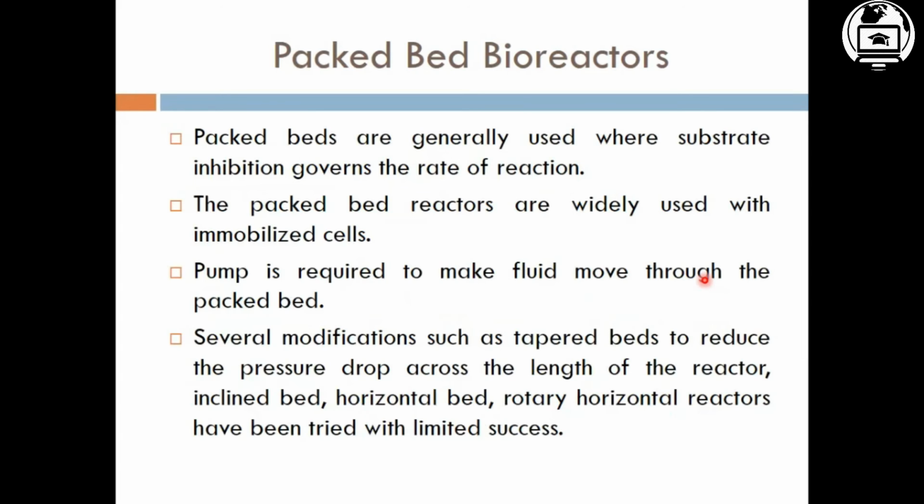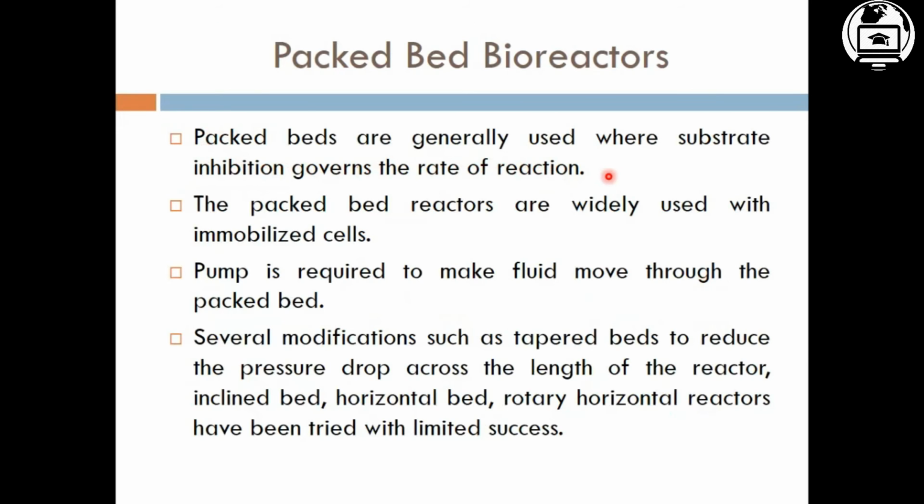So they are generally used where substrate inhibition governs the rate of reaction. ज़्यादातर इसको उस वक्त यूज करते हैं जब जो आपका सबस्ट्रेट है ना वो किस तरह काम करता है, इनहिबिशन करने से रेट ऑफ रिएक्शन बनता है। ठीक है, कुछ सबस्ट्रेट ऐसे होते हैं जो कि किसी एंजाइम्स को इनहिबिट